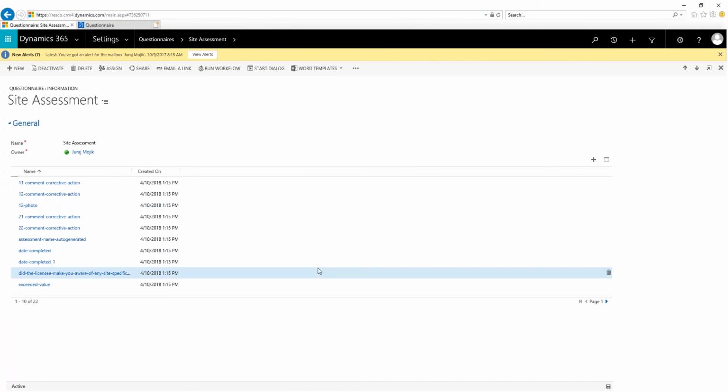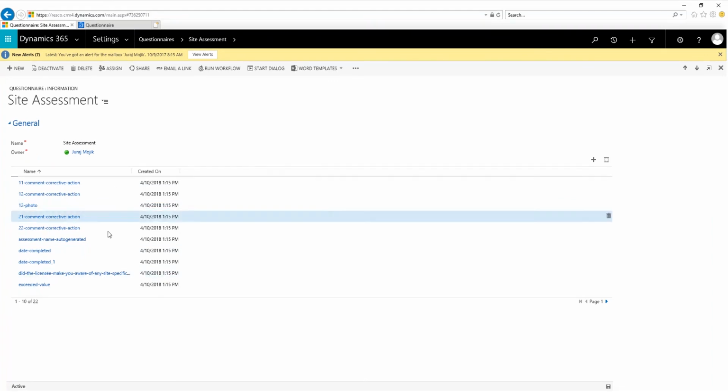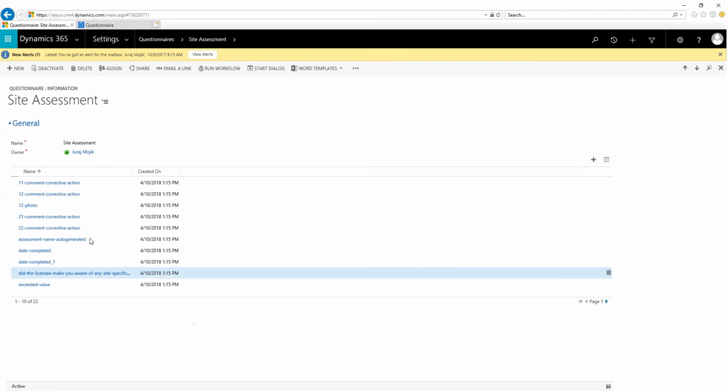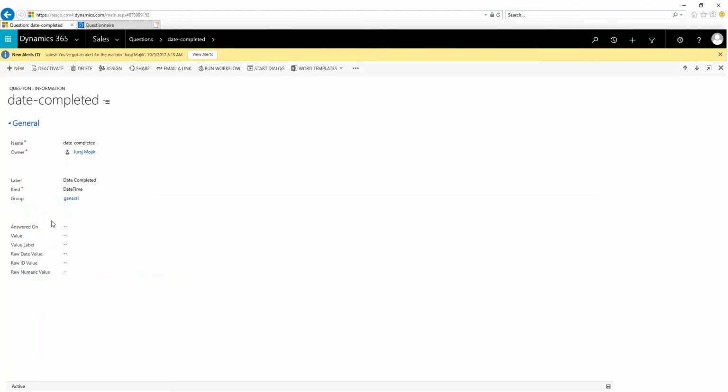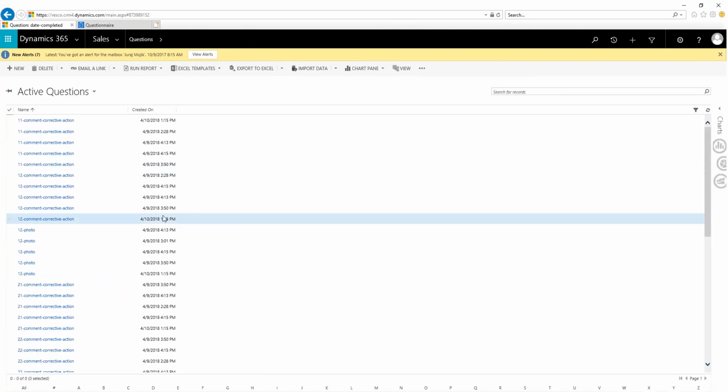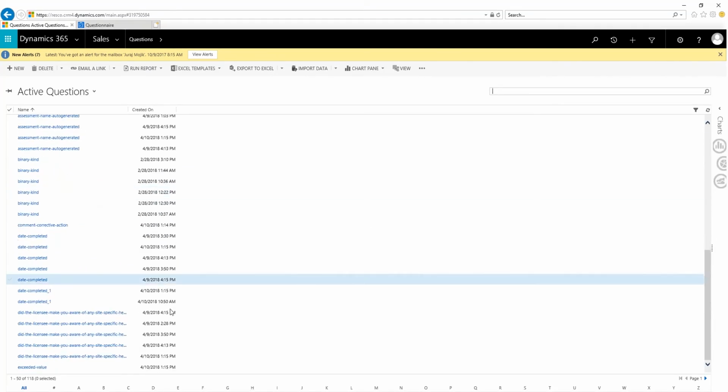Obviously, I could have the fields if it is a template and so on. But more importantly, I have a list of questions associated to this site assessment. So if I open, for example, date completed, you can see some information in here. Let me check. Probably I haven't filled that. I haven't filled that out. But let me open one of the